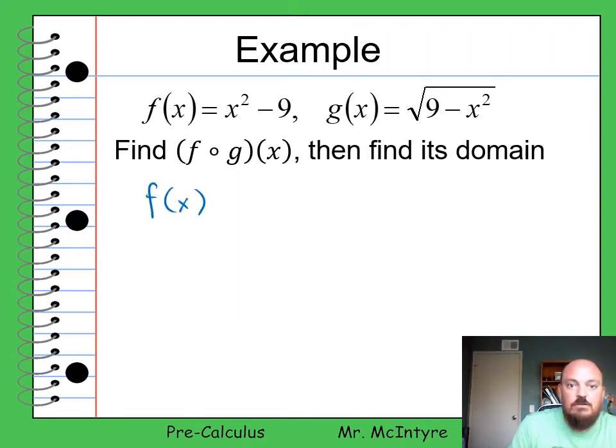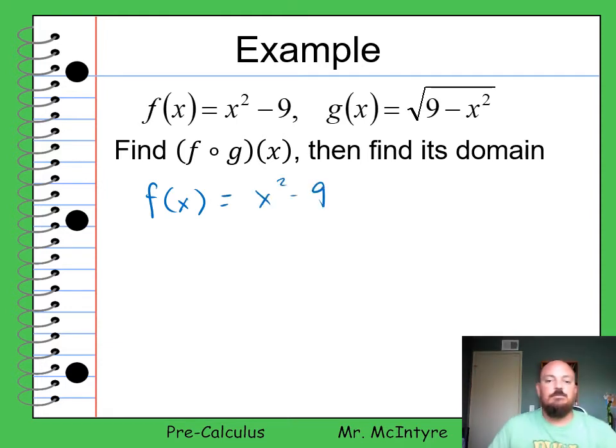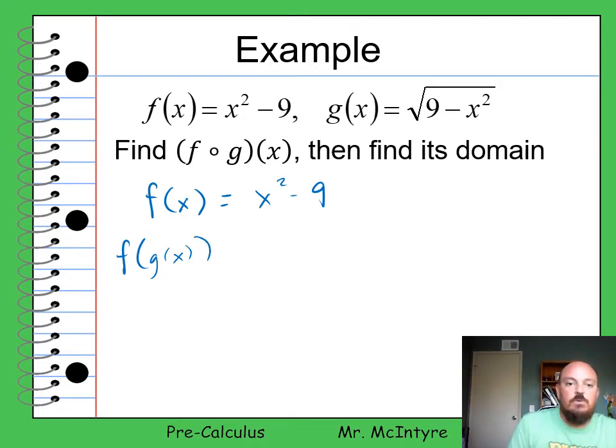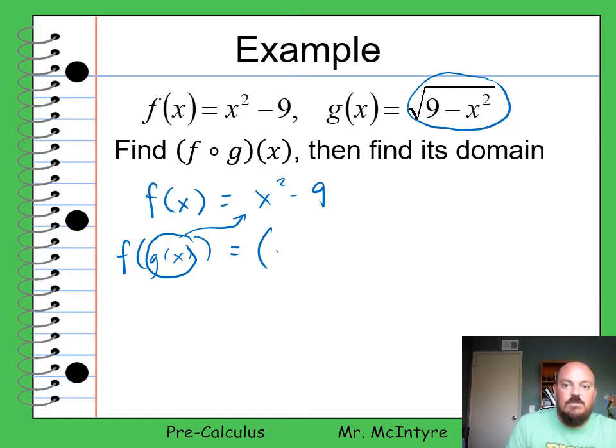So I'm just going to start off with f of x equals x squared minus 9. And then what I've asked you guys to find is f of g of x, which means I'm going to take g of x and put it in for x here. So basically, I'm going to take this function here, put it here, square it, subtract 9. So I'm going to have the square root of 9 minus x squared